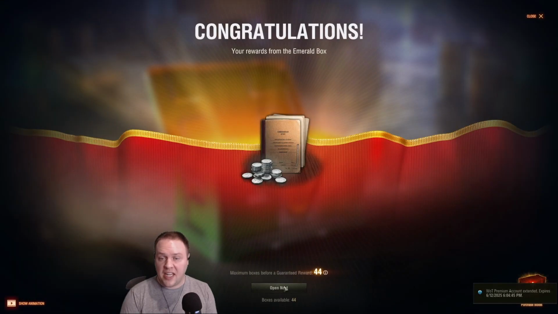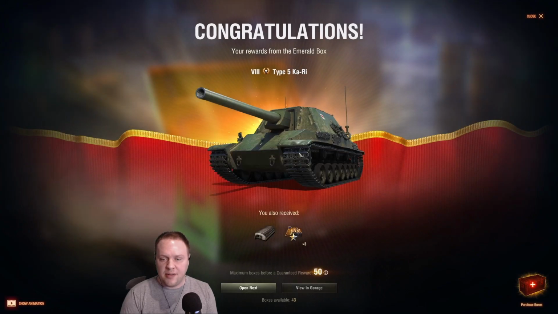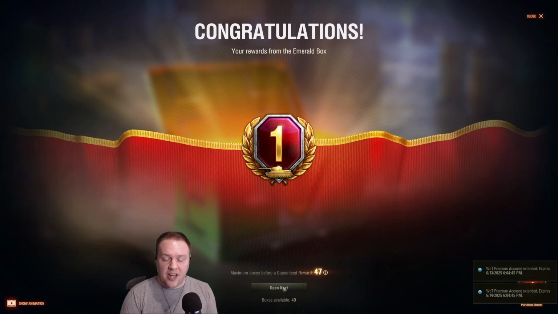That's might as well be a skin. But they sold it as a new tank. We did get the Kari, so that's good. That's cool. It's worth noting the only ones of these that I didn't have were the Forest Spirit, because that was new, and I didn't have the Kaori, because that was new, and I didn't have the